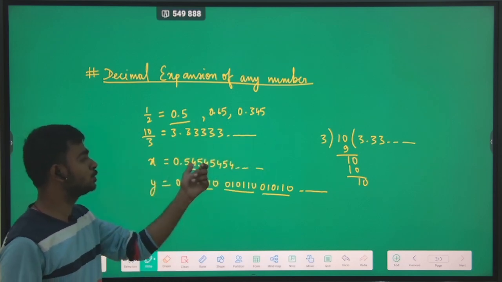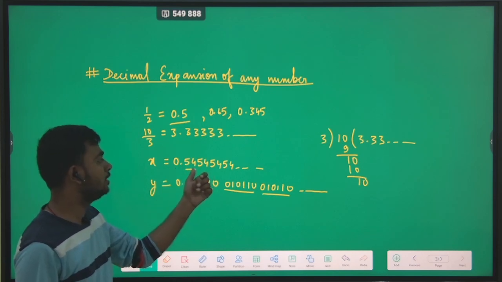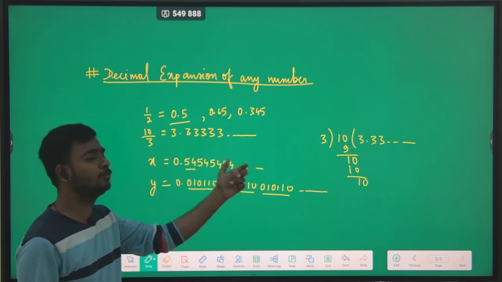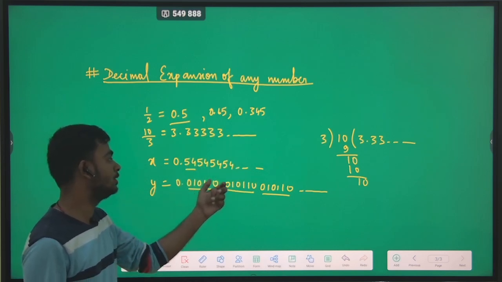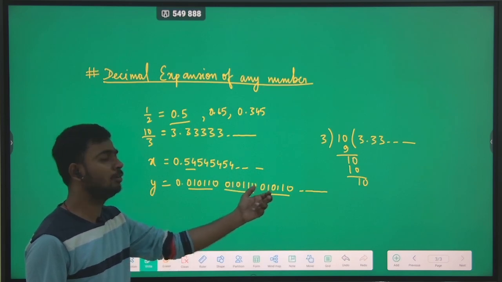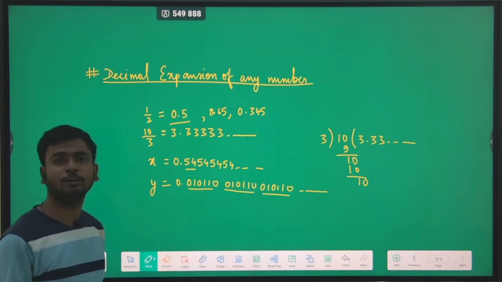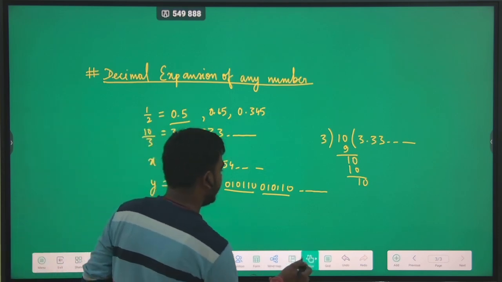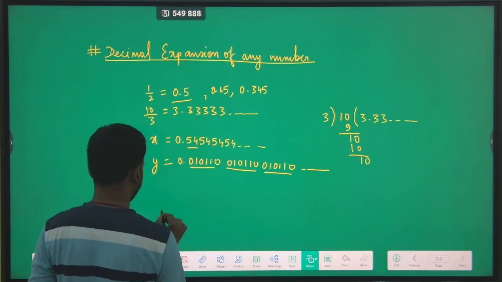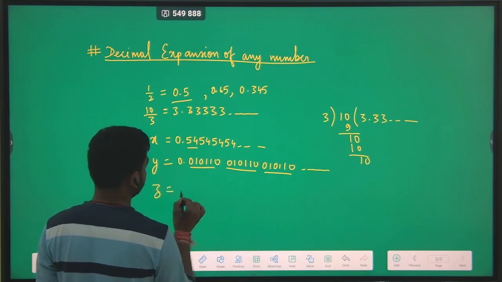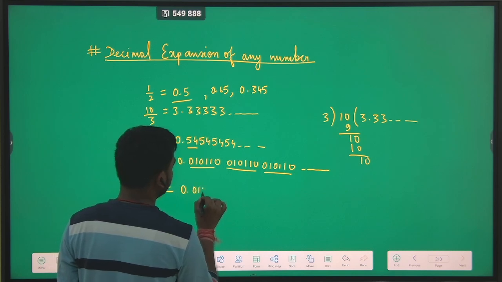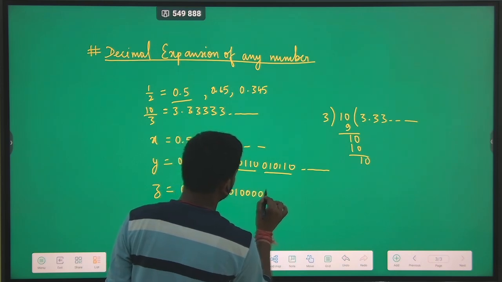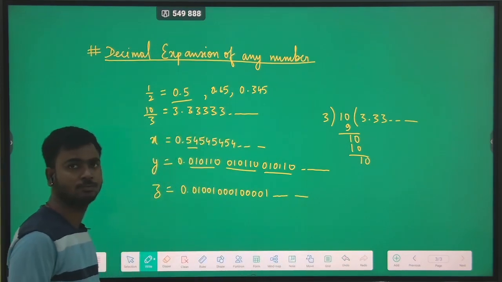कुछ नंबर्स ऐसे भी हो सकते हैं जो डेसिमल के बाद कंटिन्यूअसली रिपीट ना करें, एक सर्टेन इंटरवल के बाद रिपीट करें, जैसे 54545454, जैसे 0101110, 01110110, इस तरीके की रिपीटेशन हमें देखने को मिल रही है. तो ऐसे भी डेसिमल रिप्रेजेंटेशन हो सकते हैं, या फिर एक ऐसा भी डेसिमल रिप्रेजेंटेशन हो सकता है 0.01 001 0001 00001 एंड कंटिन्यूड अप टू सो ऑन। मतलब क्या कि